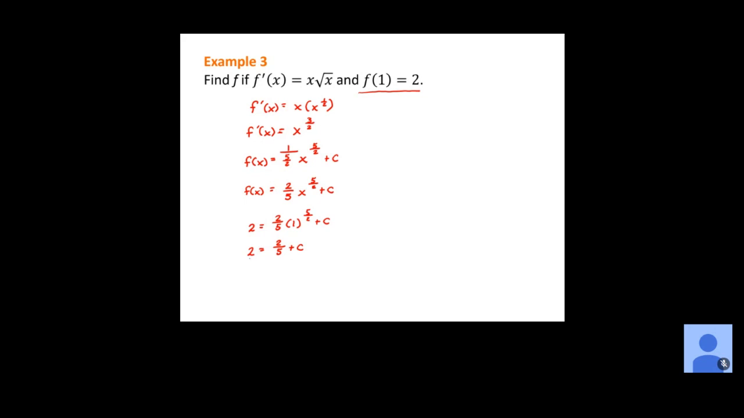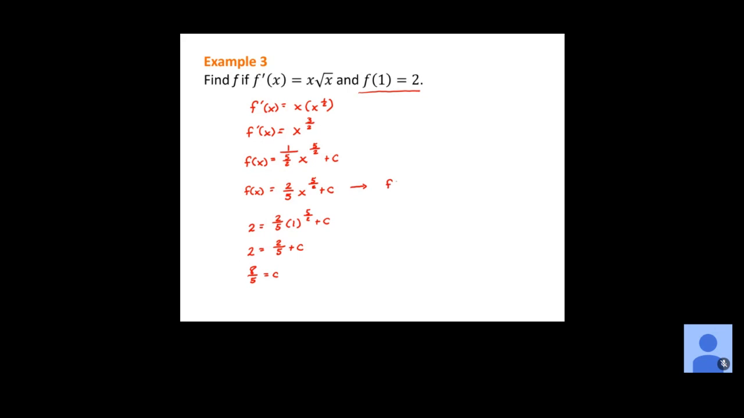Eight over 5, right? Because 2 would be the same as 10/5. We're subtracting 2/5. This just becomes 8/5, our c value. Okay? All right. Now that we have the c value, I can come back up here and just substitute that